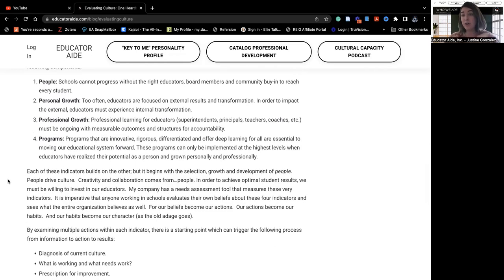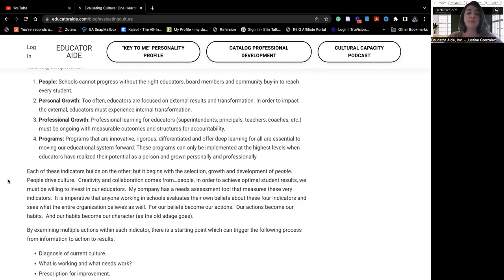Now, we do have our own data tools, as well as some actual national data case studies that we will be publishing on our website in the new year. So be sure that you check back in for those if you want some more nitty-gritty about the results and also the findings that we are finding with our proprietary data tools that have been taken through both our statistics, validity, and reliability tests. Okay, there's 4 different things, and I call it the 4 Ps: people, personal growth, professional